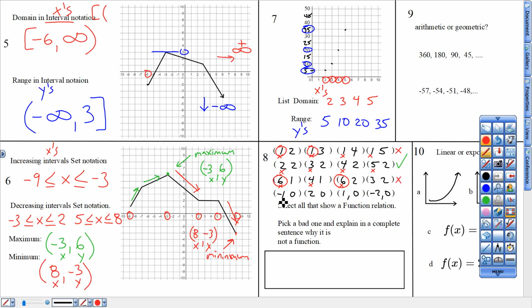Look at those x numbers. If none of those repeat, like this one, none of those are the same. Opposites are not the same. Money. And now it wants you to pick a bad one and write in a complete sentence. So you could say, the first one is bad